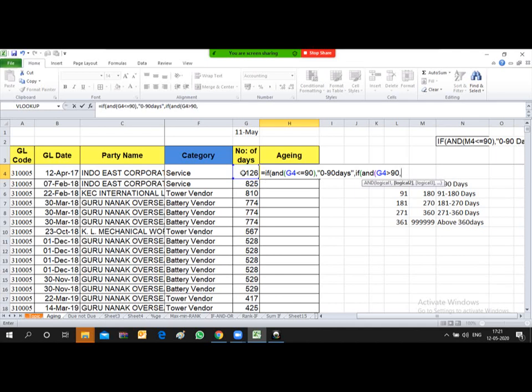So again I'll press over here less than or equal to 180, close the bracket, and the result should be 91 to 180 days.